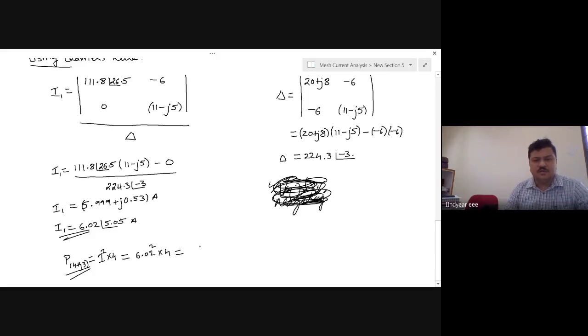Power should always be a real quantity. Power should never be complex. So power should always have only the magnitude. It should not have an angle. It should have only the real term, not any imaginary term. Because it is a multiplication, I should be multiplying only two real terms. Now why do I not consider the angle here? Any reason why I don't consider the angle for the current in the power calculation?